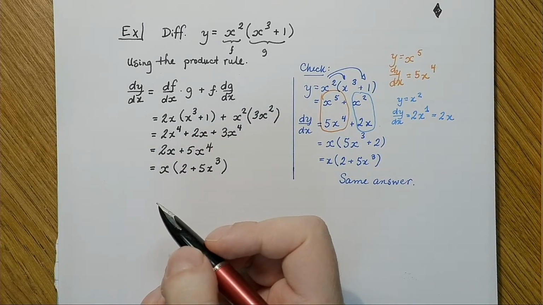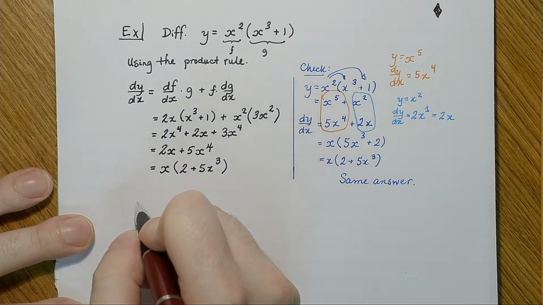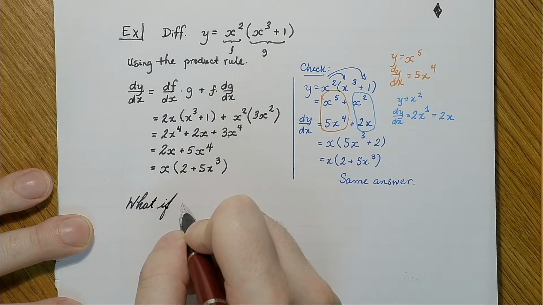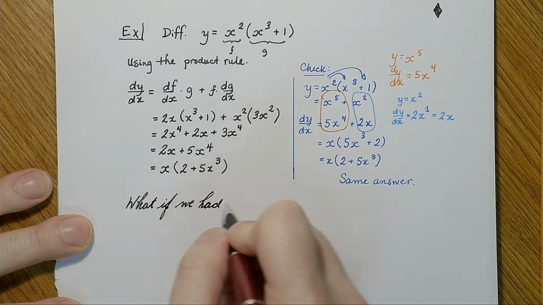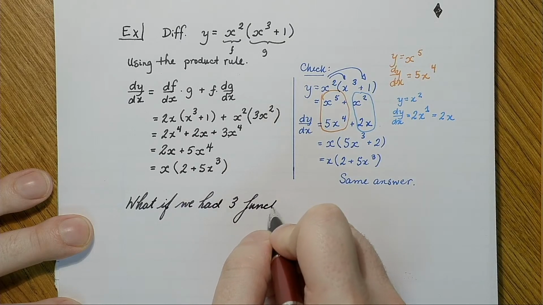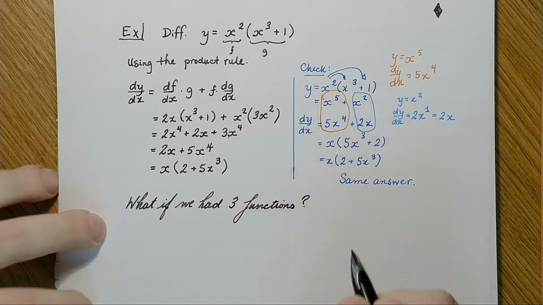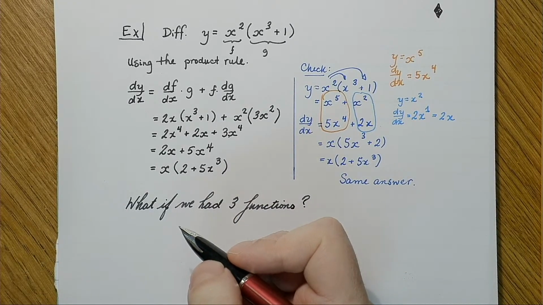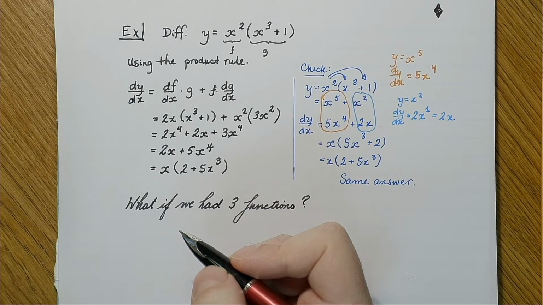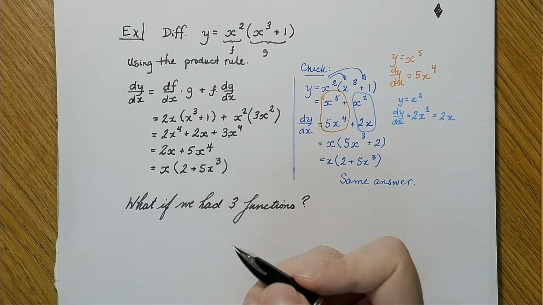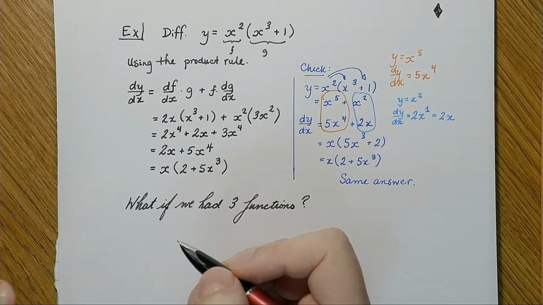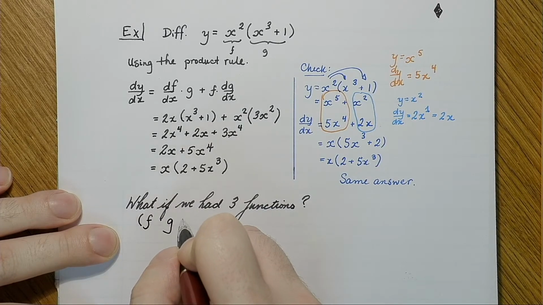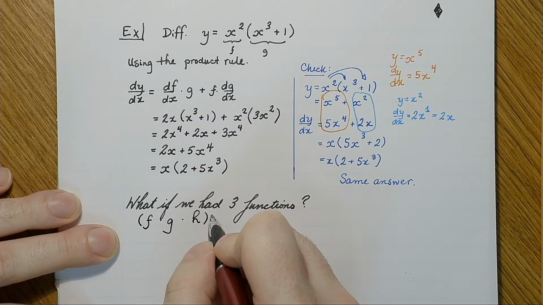Now this is the product rule for two functions. What if we had three functions? We're definitely not going to do the product rule for three functions. We've already done it for two. That's good enough for us. We've established that. So what we can do instead is, if I have f times g times h, and I want to take the derivative of that,